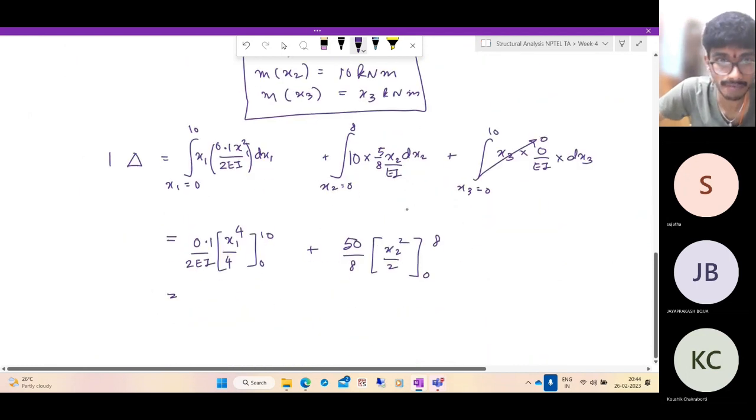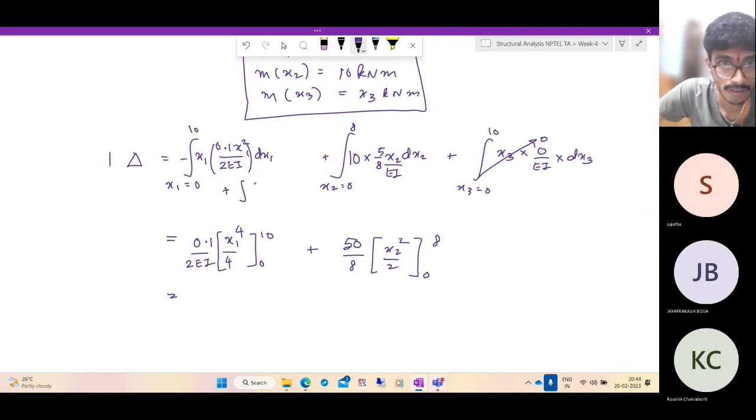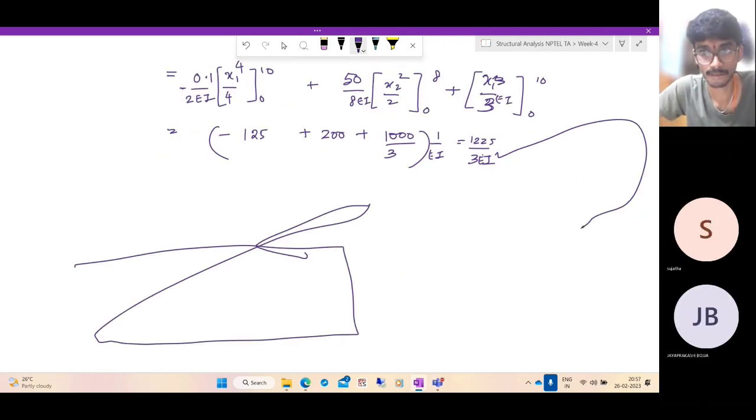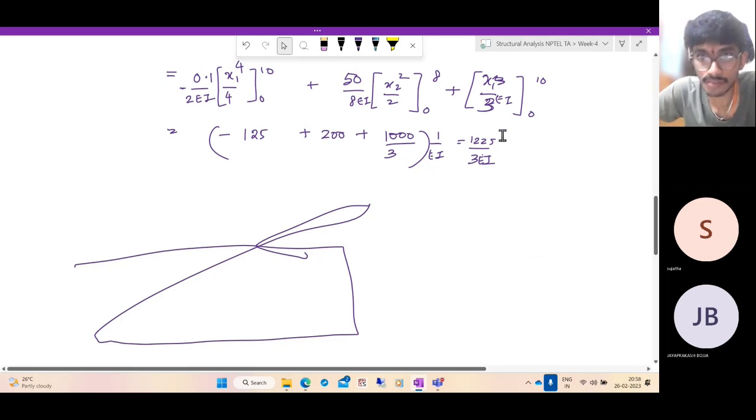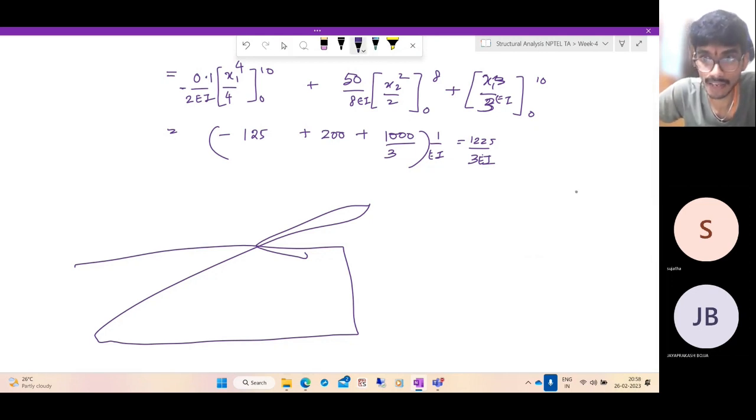So here we have a minus and there's a plus 1x by EI dx1. So if you substitute the values, you get